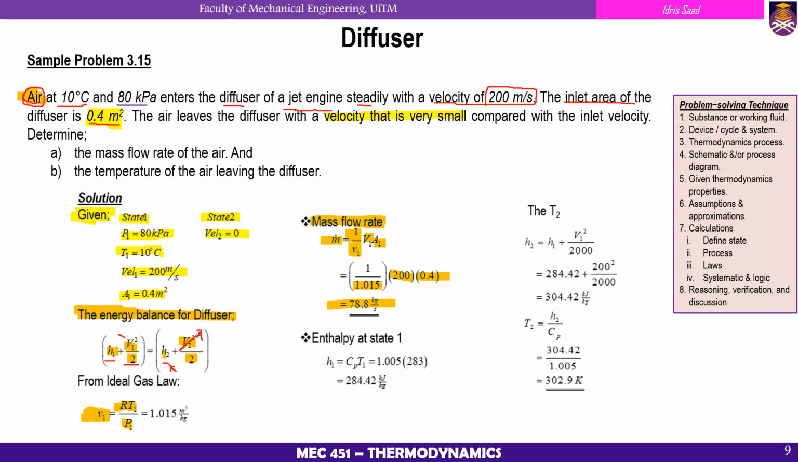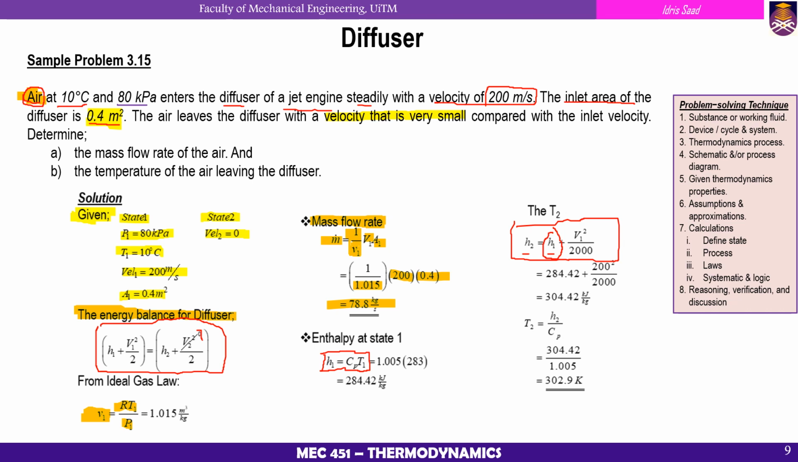Then we can use what we call the energy balance equation. In order to determine the final temperature from this equation, we can rearrange it to get H2. So we get H2 is equal to H1 plus V1 power of 2 divided by 2000. Dividing by 2000 is basically in order to change the unit. Now, we don't know the value of H1. H1 can be determined by